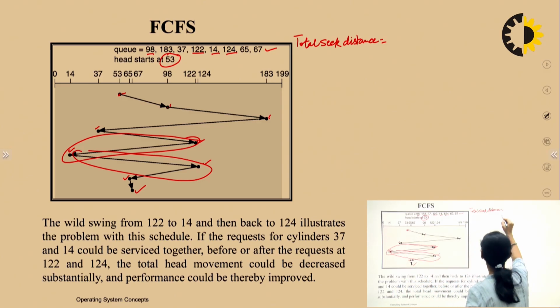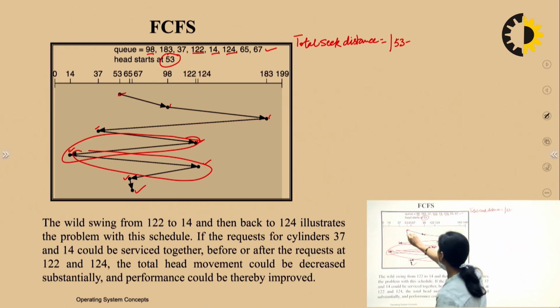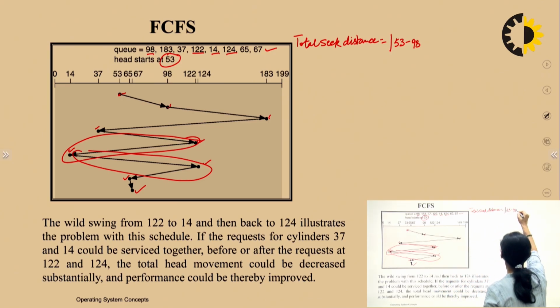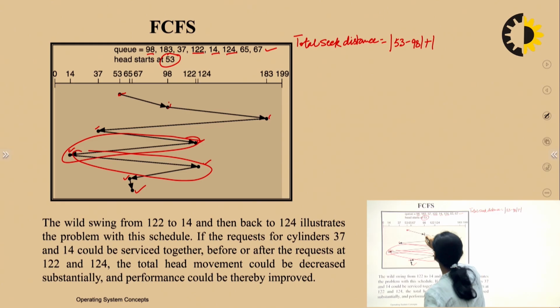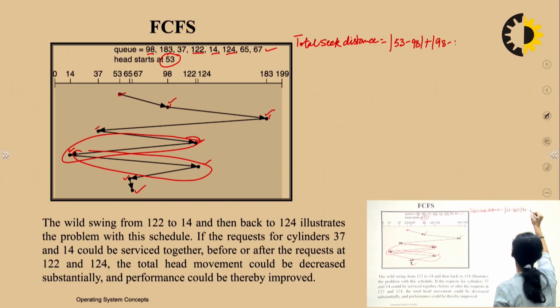So the first one becomes, we'll take the absolute value of it because the distance is always positive. It started with 53 and ended up at 98. So it would be the absolute value of 53 minus 98, plus the next distance, from 98 to 183. So that would be 98 minus 183,